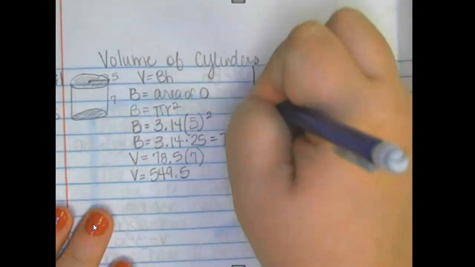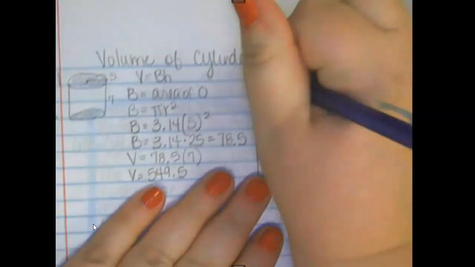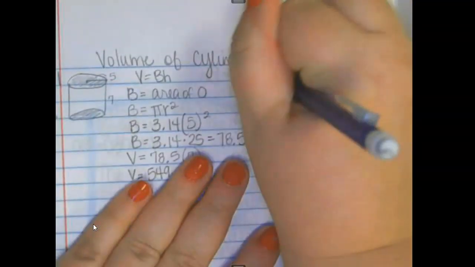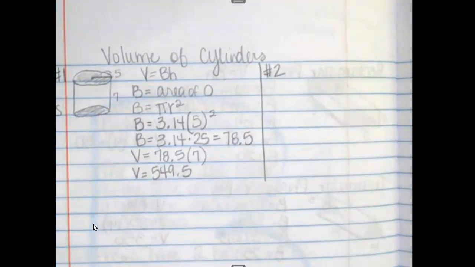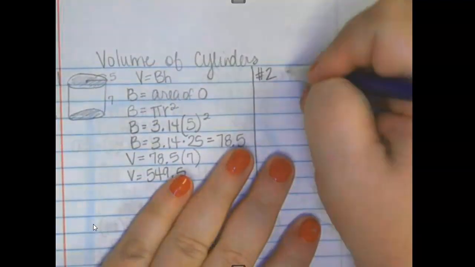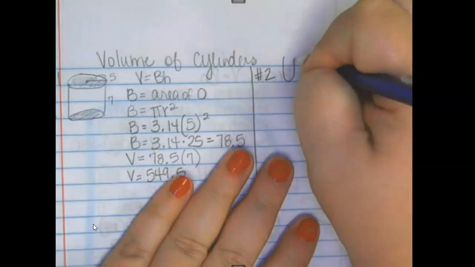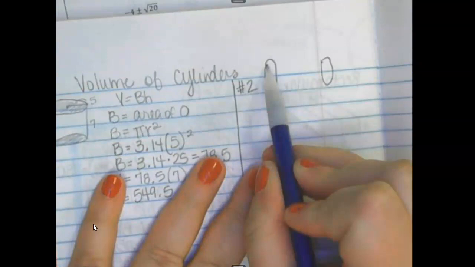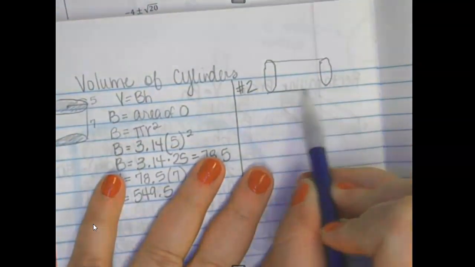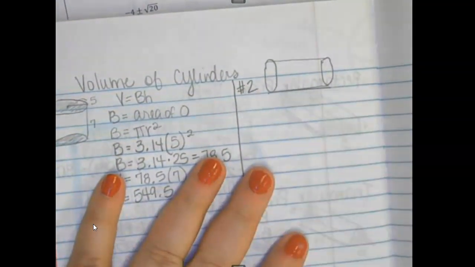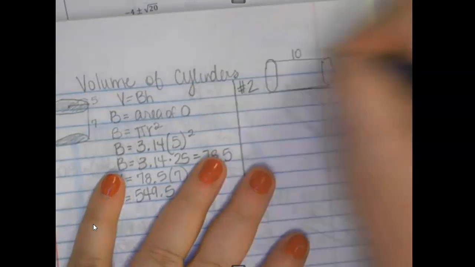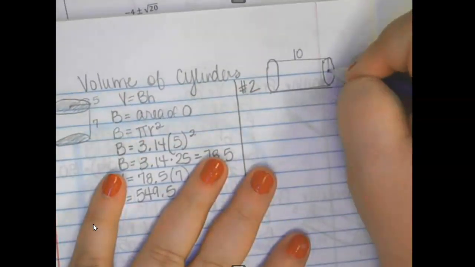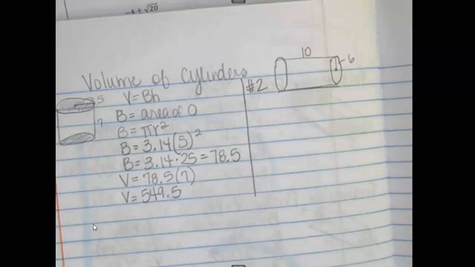We'll draw a line, and we're going to look at example number 2. This time we're going to draw it sideways. I'm going to do 2 ovals, and I'm going to connect them. This is going to be 10. And from the middle to the side is going to be 6. So those of you that don't have a paper copy of this, or are drawing this,